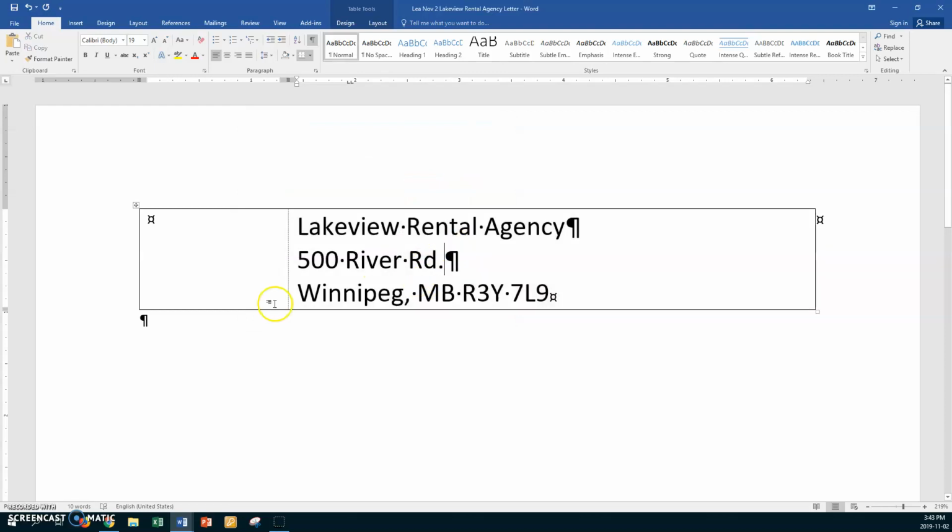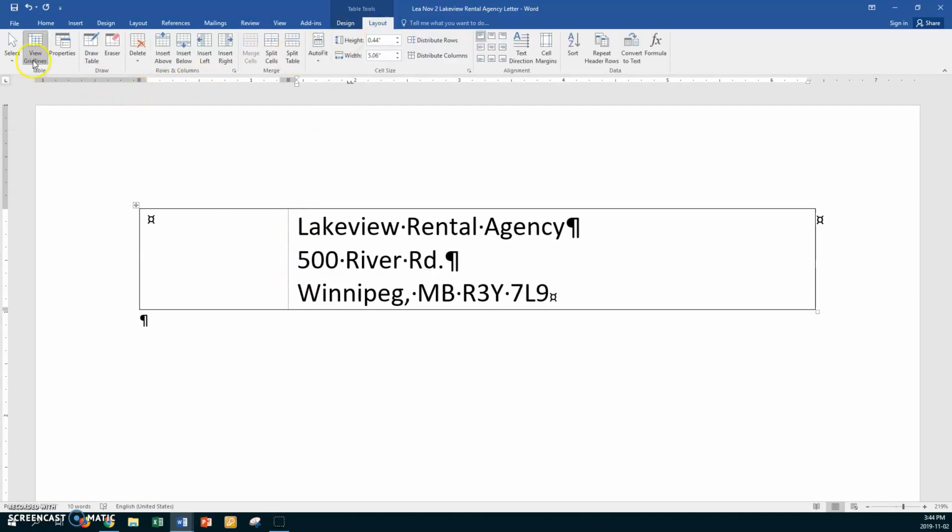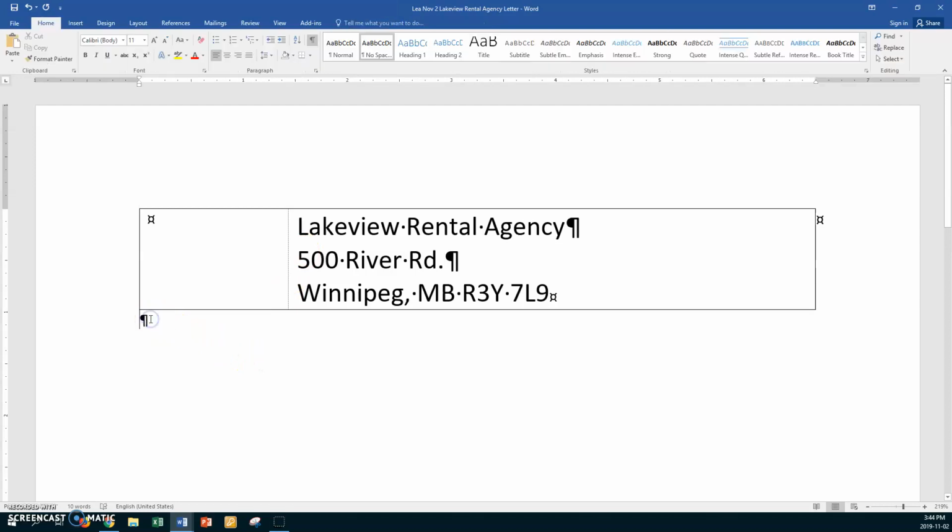And so now you should be able to see the dotted lines. And remember what I said? If you can't see the dotted lines, then go to Layout and make sure you've got View Grid Lines on. If you haven't, yours will look like that. If you have, you will be able to see the dotted lines, and that's what you should be able to see. All right, and then we want to go at the end of your table, press enter a couple times,